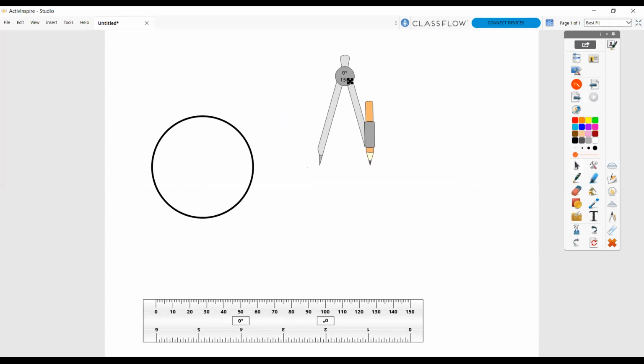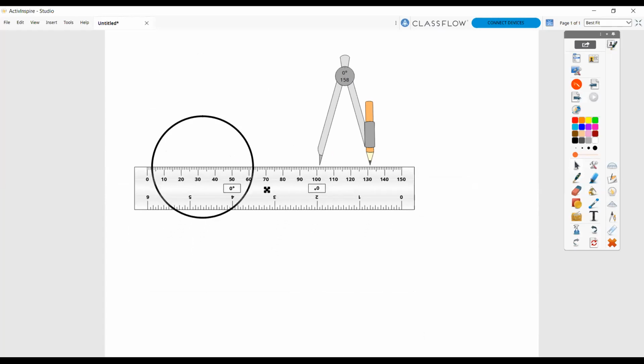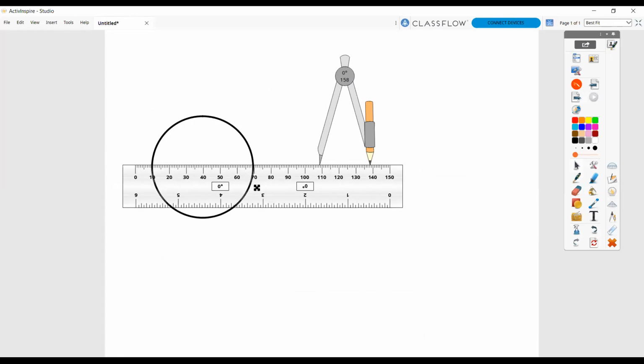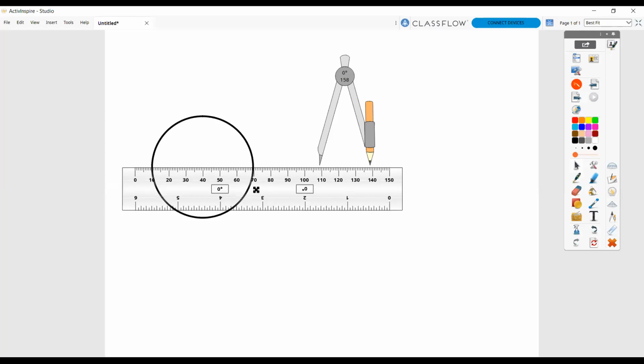Now make sure that your compass is fixed at this measurement only. यहाँ पे इसका measurement change ना हो, right? Then after you can take the scale, and by using the scale you have to make the vertical line and horizontal line from the center point of the circle. See आपके पास center होगा, right? Center कैसे होगा कि आपने ये जो point है वो कहीं पे पेज पे फिक्स किया है.